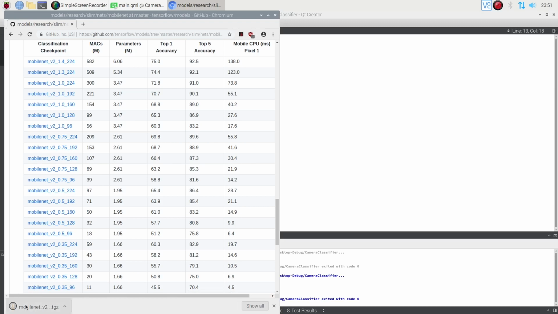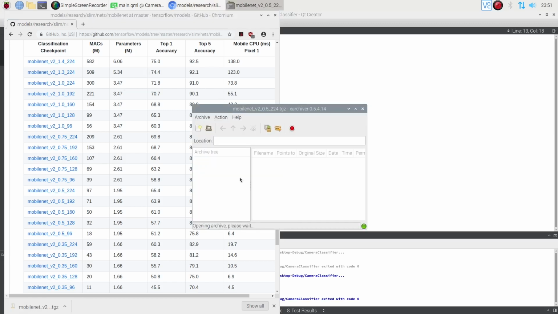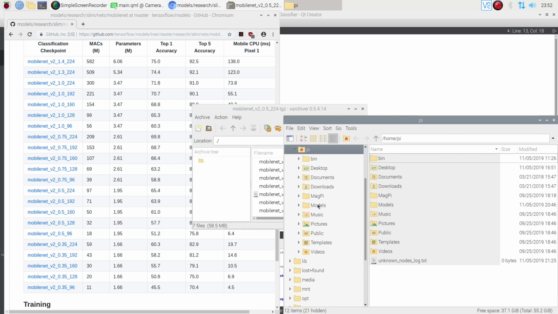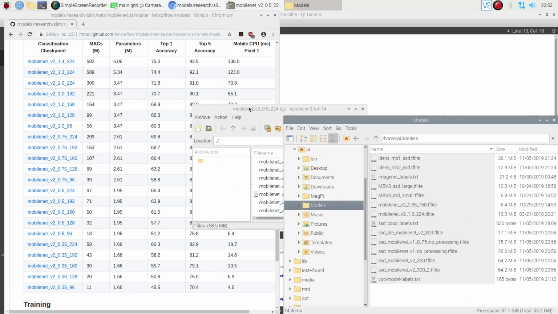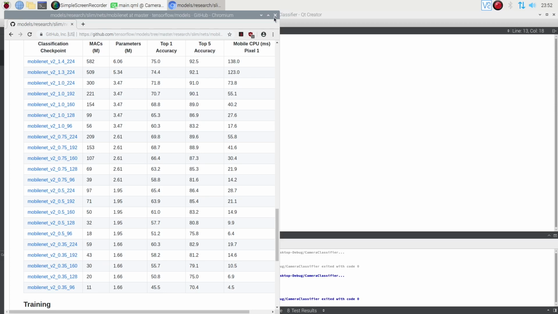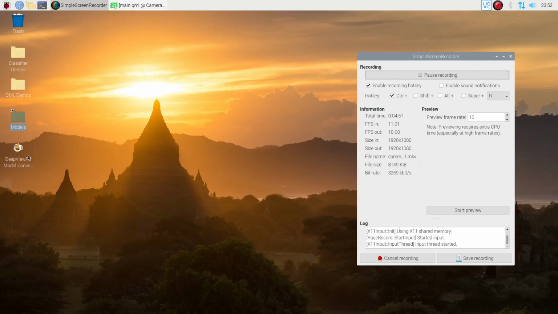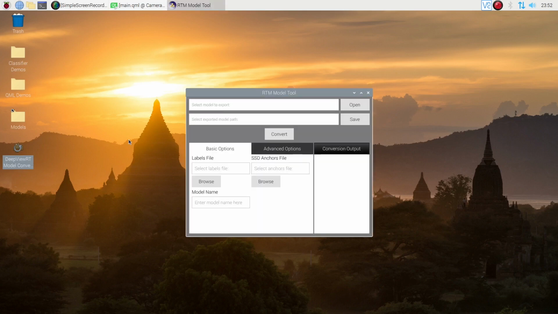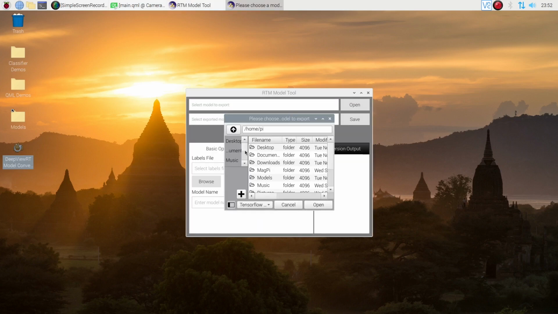So in this package, there's a few files. We can import either the frozen PB file, protobuf file, or the TF-Lite file. So we'll go ahead and use the TF-Lite file for this demo. We've got a folder here with various models, but we'll add this new model to it. So the 0.5 224, drop it over here, close like this, and open up the DeepViewRT model converter. So now we just give it MobileNet